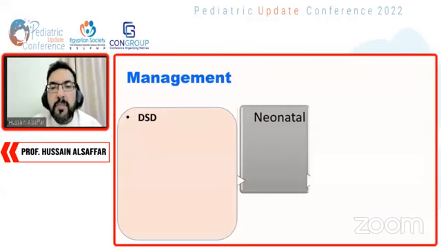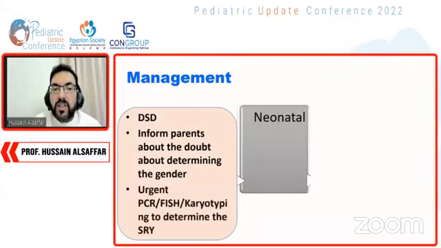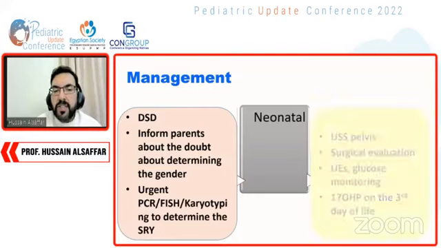For the neonate, the management usually happens when there is some sort of ambiguity of the genitalia, and that puts the baby under the umbrella of disorders of sexual development, DSDs. So usually we should inform the parents that we have a doubt about determining the gender at the moment, so we should not assign a gender or name the baby at this stage. We need to carry on further investigation urgently, like doing a PCR FISH or karyotyping to determine the SRY gene,